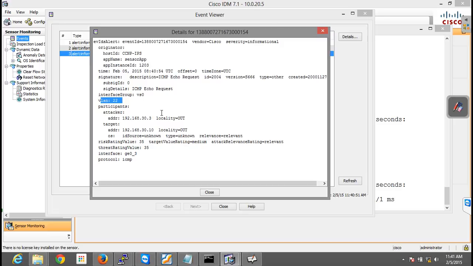All the three are in the same. Only on the IPS part I'm saying. Only on the IPS, if you